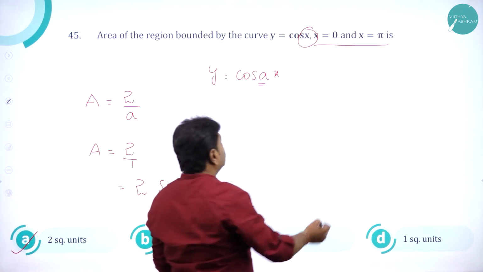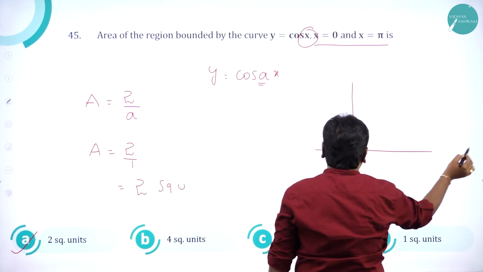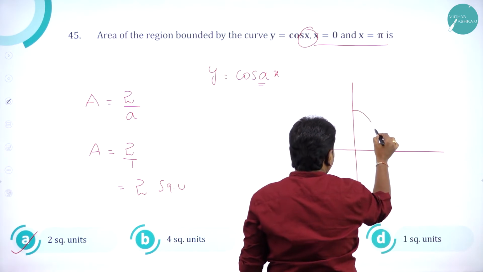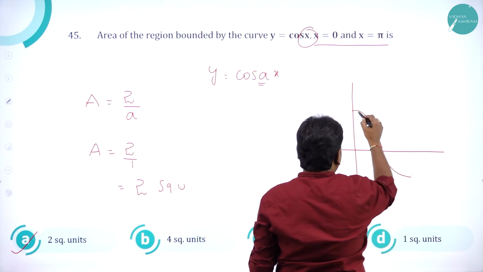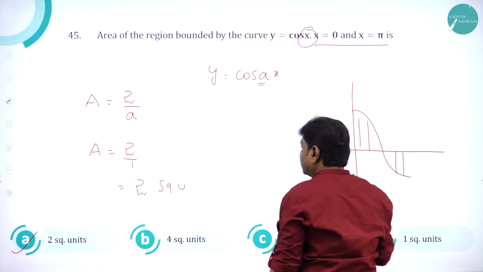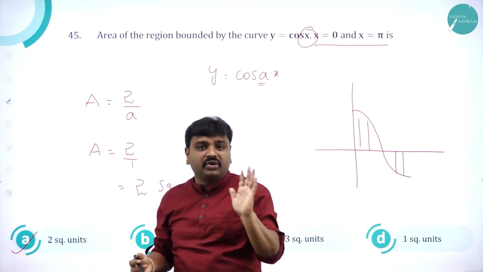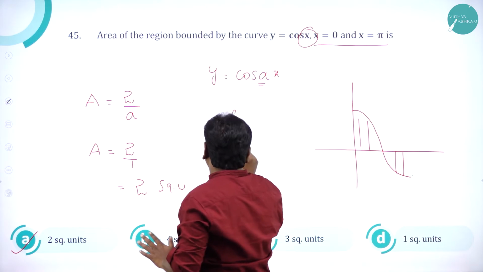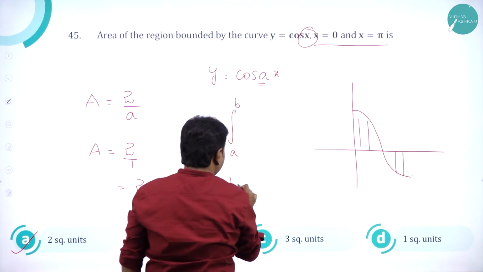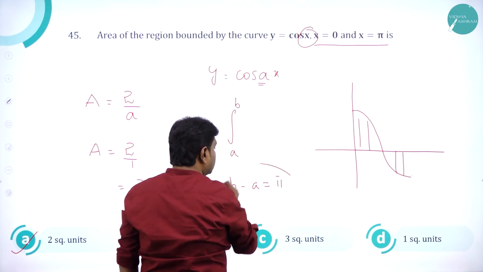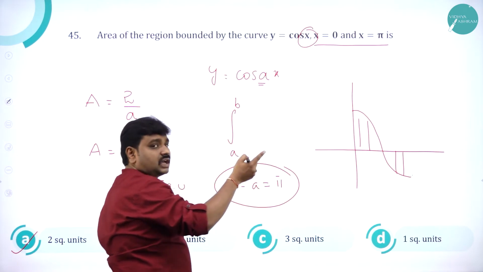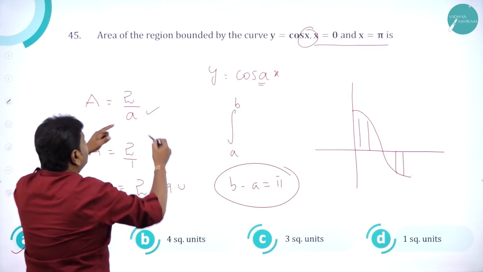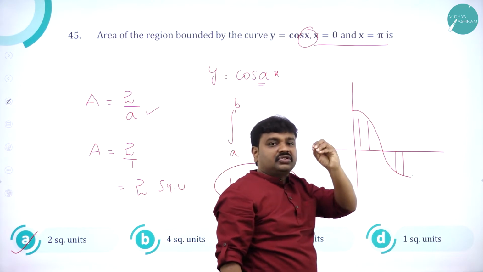So what is the real method? All of you know the graph of cos x. When x is 0, this is at 1, and then at pi. First you should find this area, then find this area and add, and you have to integrate. But you don't need to integrate if the upper limit minus lower limit difference is pi, then for cos ax or sin ax you can use the shortcut. Just observe the coefficient of x. Your process will be faster.